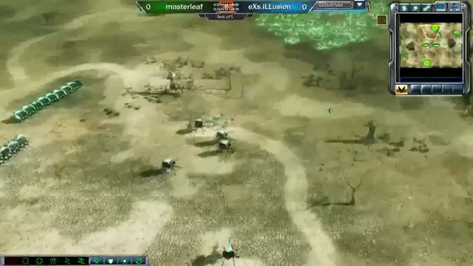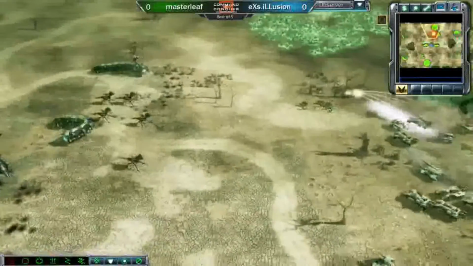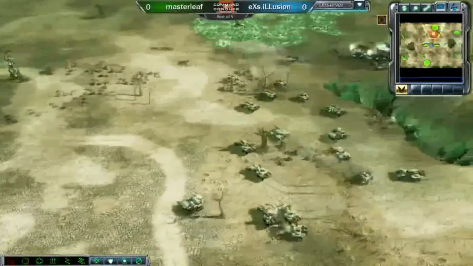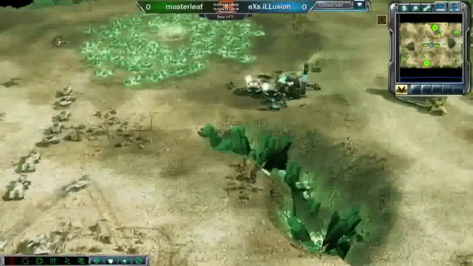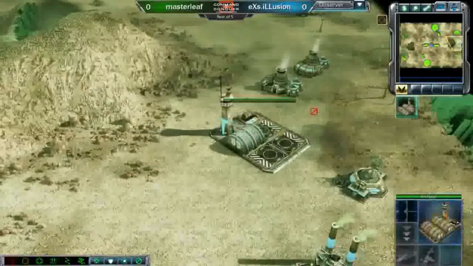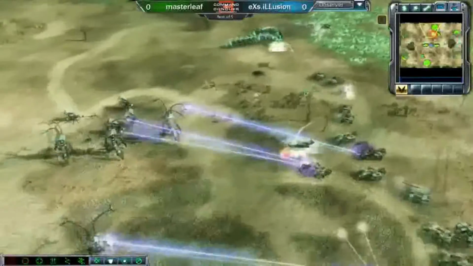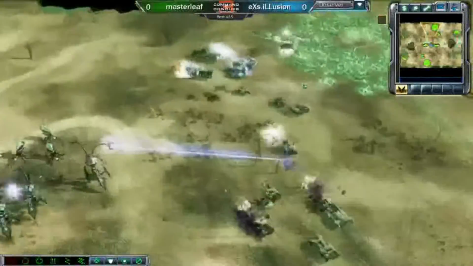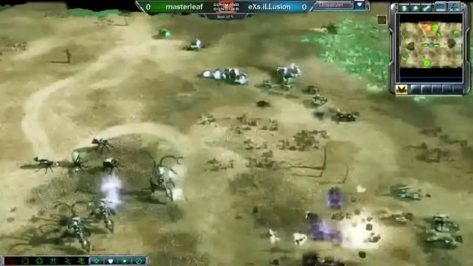these players. Obviously, it looks like eXs.iLLusion's going to be a little bit behind here, as Masterleaf does have some tier 3 units already out on the field and is already putting on some pressure. Maybe going to see some railguns, probably a Marv or something. We'll have to see what the choice is for eXs.iLLusion. And actually, we do have, it looks like, some form of heavy aircraft, whether it's Firehawks or Orcas, and it